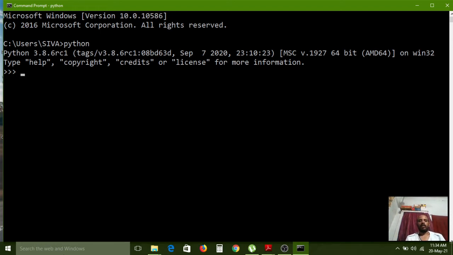How can you find out if you are connected? After you press enter, the version details and the three greater-than symbols will display. If nothing like this is displayed on your console, then you haven't connected yet. By reading this syntax, you can understand whether it is connected or not.